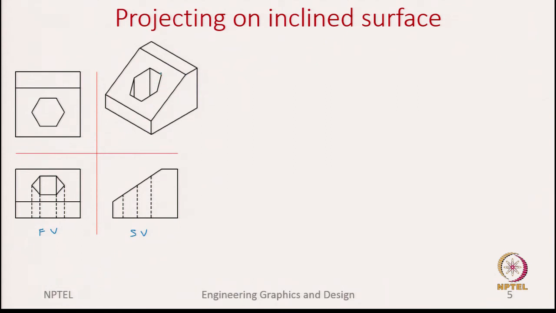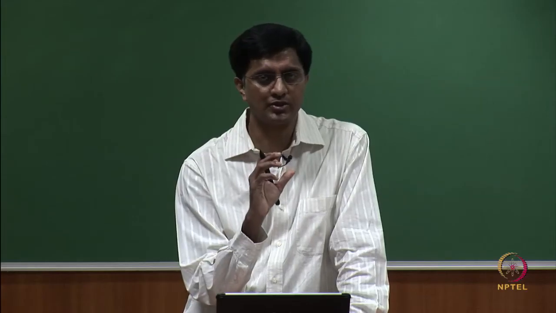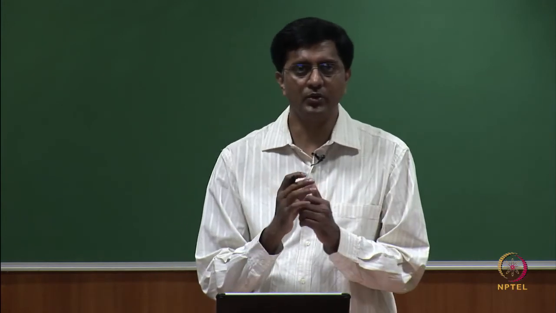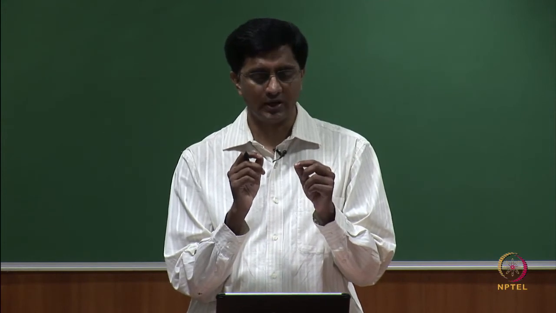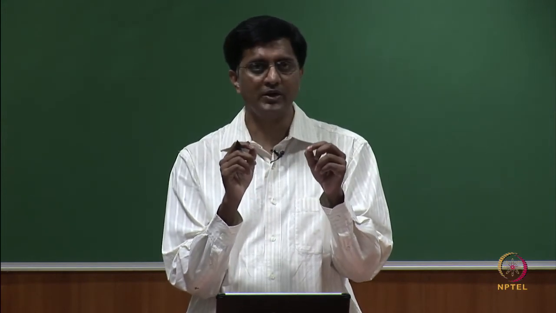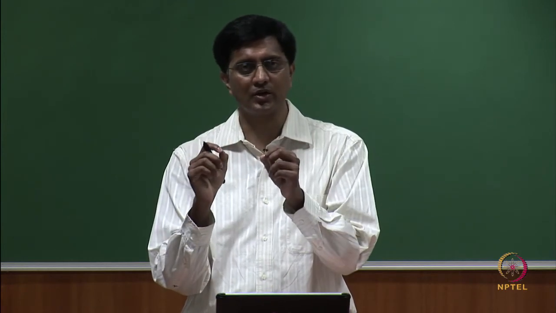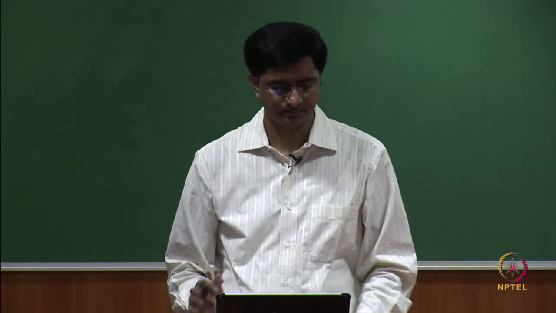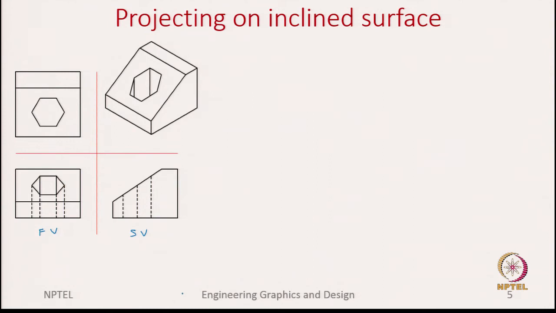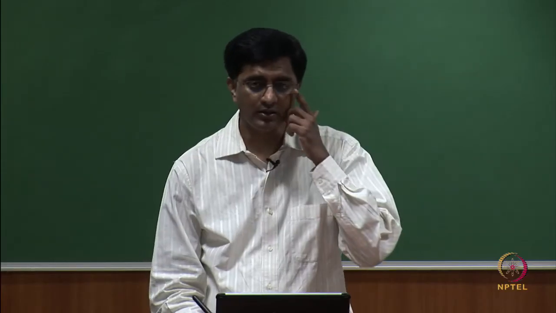In the final object, you see that on this inclined surface we have this hexagon, but will it be the same hexagon that we see in the top face? No, it is slightly distorted. But how do we capture this distortion? For this, we focus on the 6 corners of this hexagon. If we are able to pinpoint where these 6 points are on the solid, then we just need to connect those points to capture this distorted hexagon. So, essentially we need to first draw the hexagon in the isometric view.